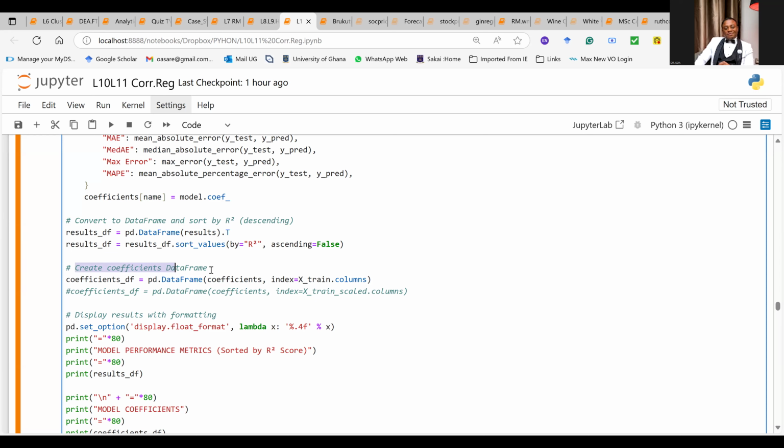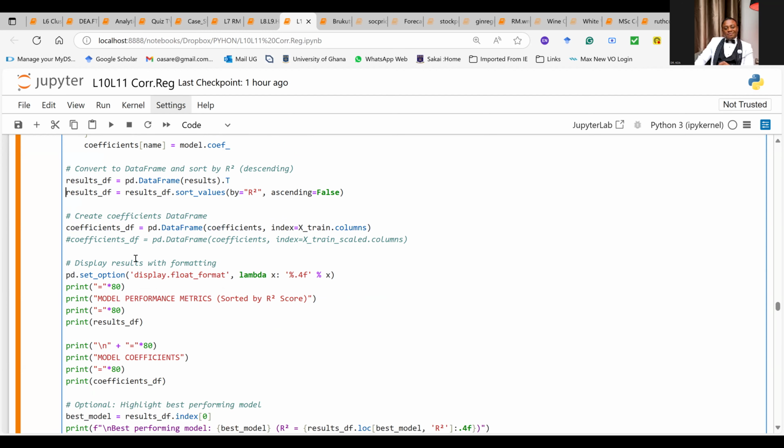So you can create a coefficient with the data frame, and then you can create the R square in the descending order. This final bit will indicate the scores. So we want to display the scores, okay, and one of the scores is going to have model performance metrics.